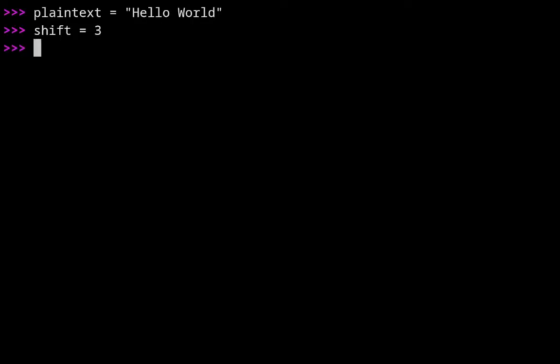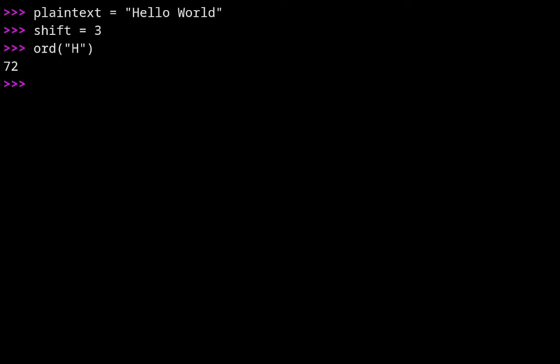Each character in the plain text has a mapping to numbers. It's called the ASCII encoding. To see the ASCII encoding of a character, you can use the ord function and pass the character to it. So the ASCII value of H is 72. Now, when we are working with Caesar cipher, we are working with numbers in the range 0 to 25, like modulo 26.